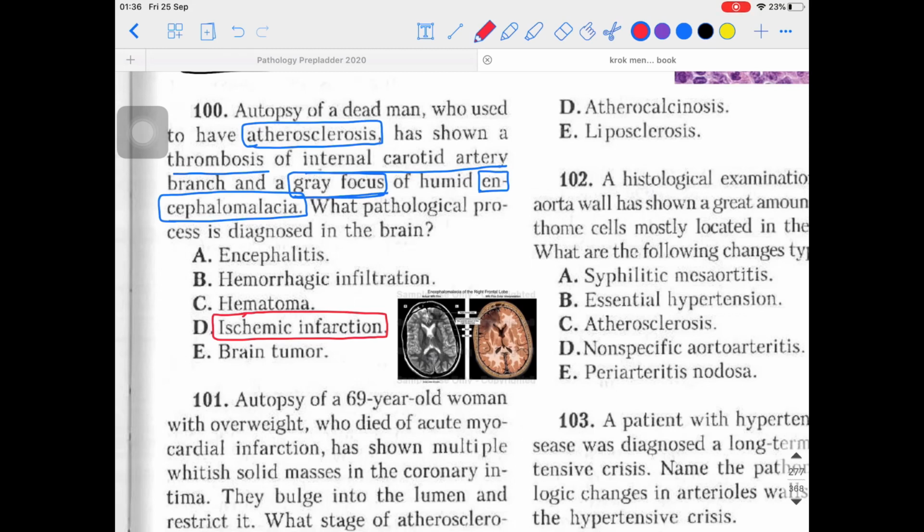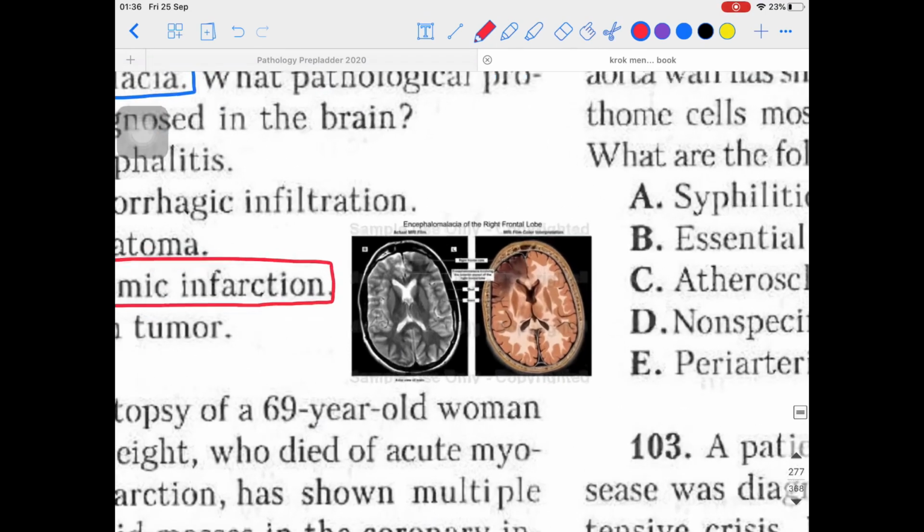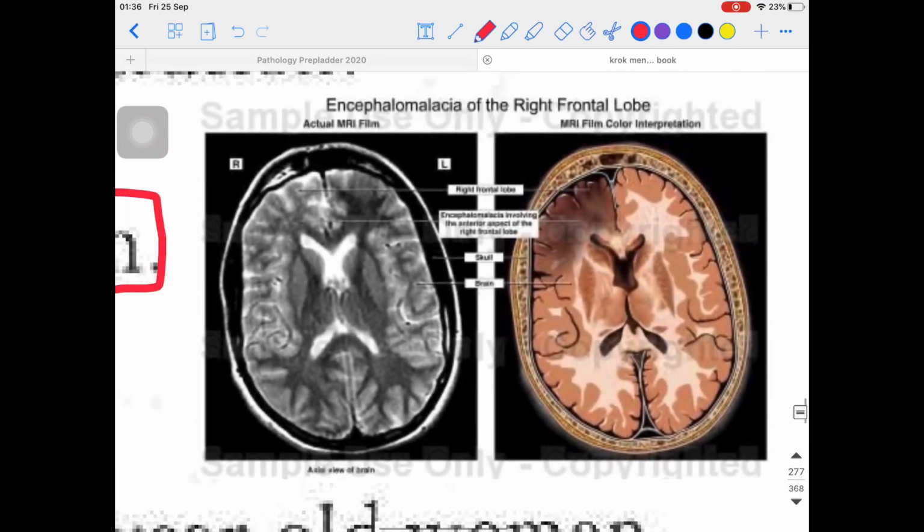They actually mentioned the term encephalomalacia. This is the softening of the brain tissue after the cerebral infarction or after the cerebral ischemia, right? After the ischemia, infarction will be happening. So it is an ischemic infarction. I have inserted an image here for better understanding.